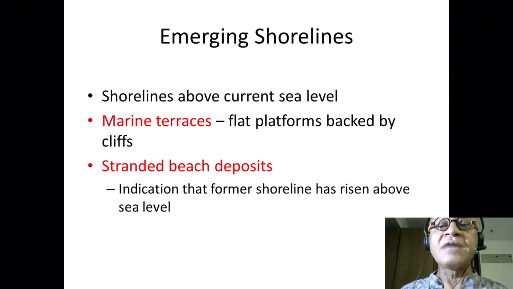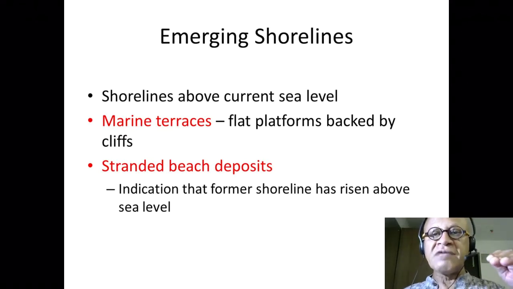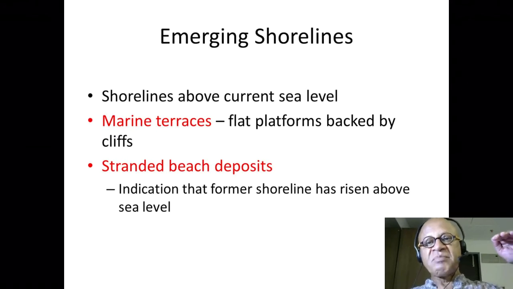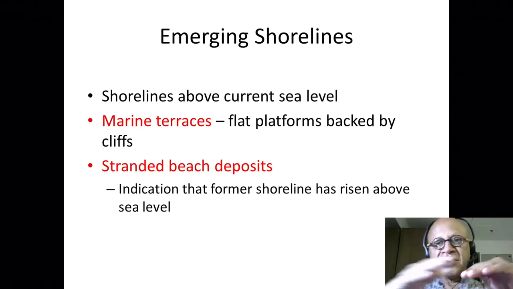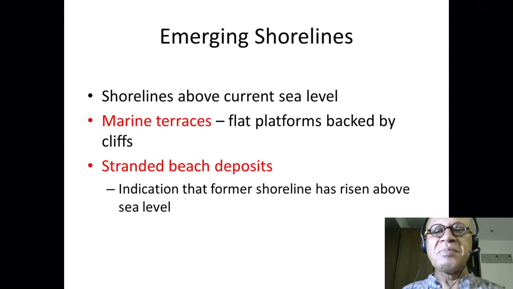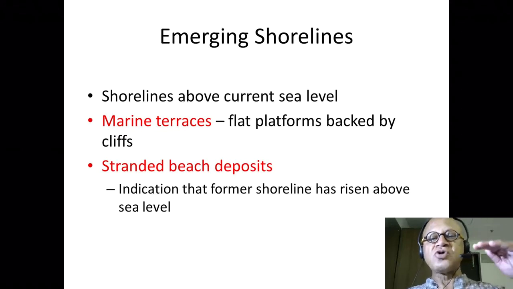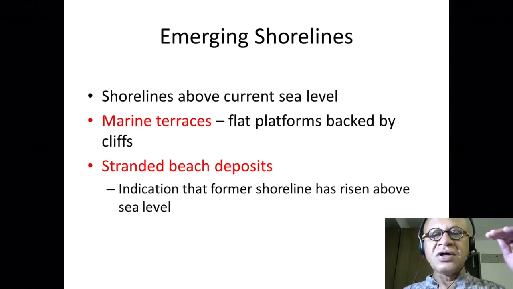The other types of shorelines are called emerging shorelines. So it's basically related to plate tectonic activity. For example, if the Pacific plate is pushing into the North American plate and pushing up the North American plate, then shorelines are going to emerge above the current sea level. So you're going to have things like marine terraces. They are flat platform like